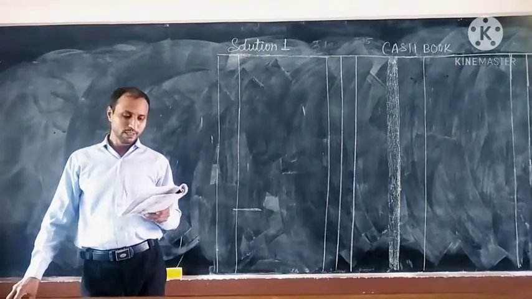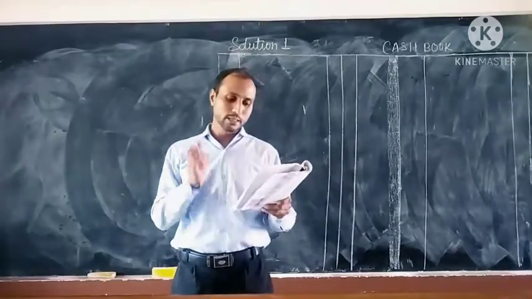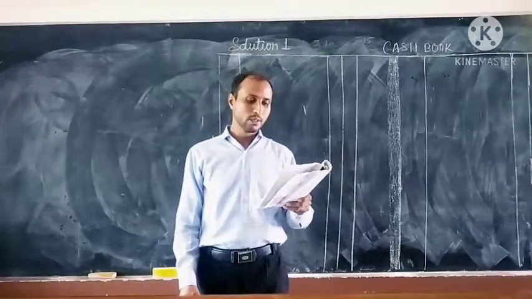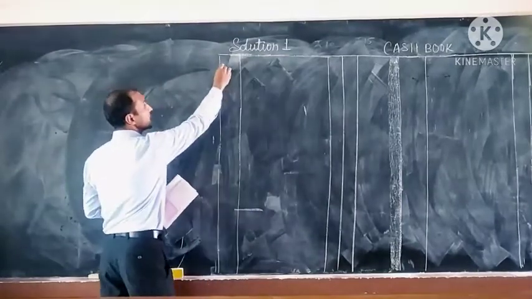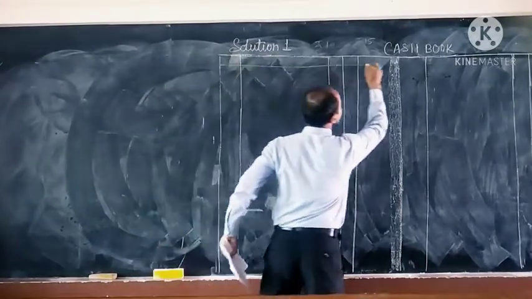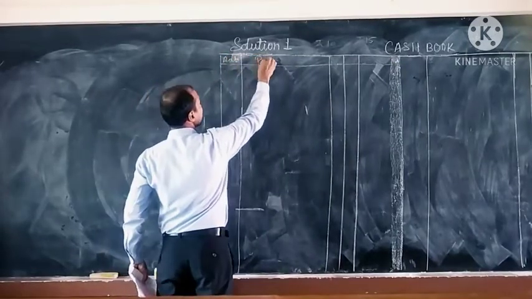So we are going to begin with question number 1 of your cash book. First, enter the following transaction in a single column cash book, and the date is given: 2016 May 1st. First of all, we will write the date here. If this is the year, these columns are here. First one is your date and your particulars,